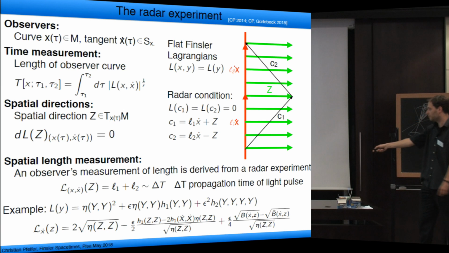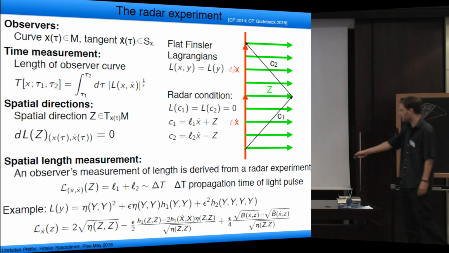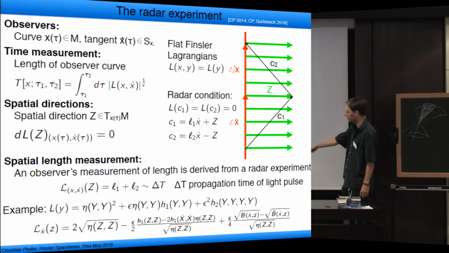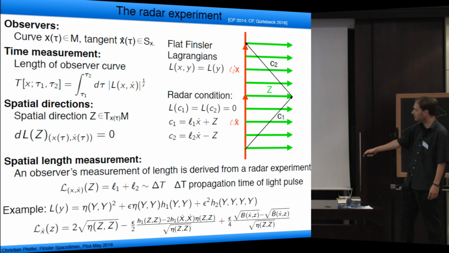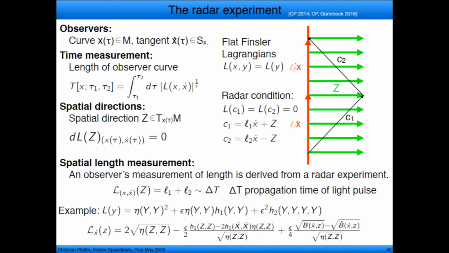And when one does it, for example, for a perturbation of the special relativistic Finsler Lagrangian, here we take the square because we wanted to investigate a 4th order polynomial, then you get such an expression which looks quite ugly. So to 0th order, we really see the special relativistic result, the length an observer measures for a spatial direction is given by the metric norm of this vector. But you get a very complicated first order correction to that. And whether they may be able to eat up each other for certain choices of these perturbations needs to be investigated. So these B's are very complicated functions in terms of these perturbations.